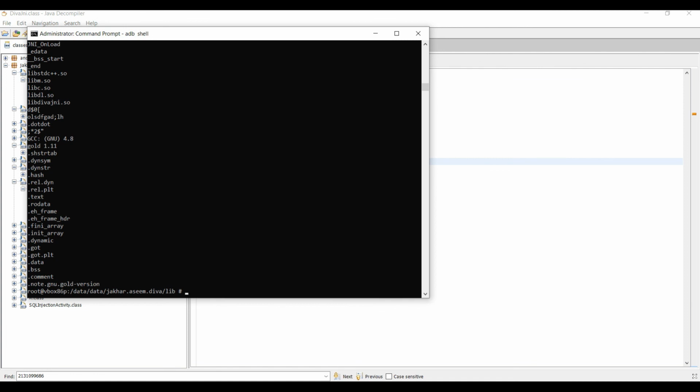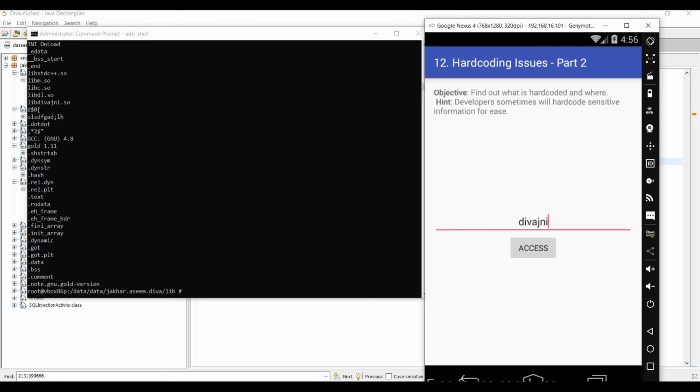I have tried all the strings, and out of them one was a working string. Yeah, now you can see access granted. See you on the other side.